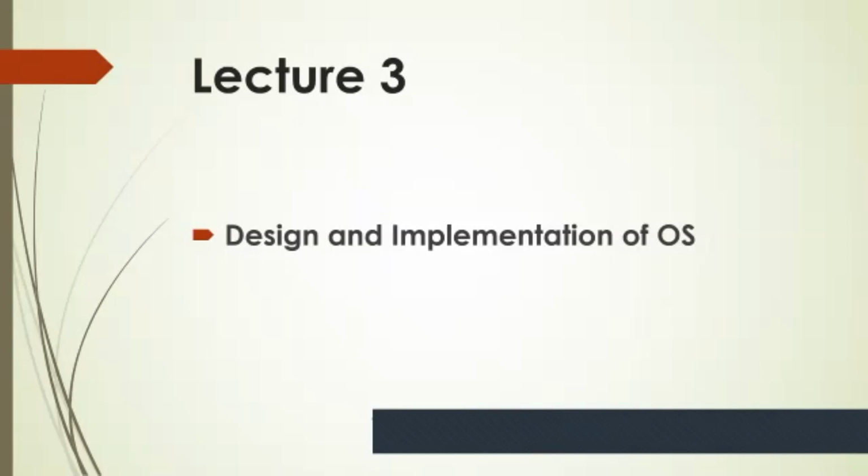What is the second goal? One is the user goal and another is the system goal. Why am I discussing these goals? Because these are considered design goals. The operating system should be easy to design, implement, and maintain. These are specifications required by those who create, maintain, and operate the operating system. But there is no specific method to achieve these goals as well.